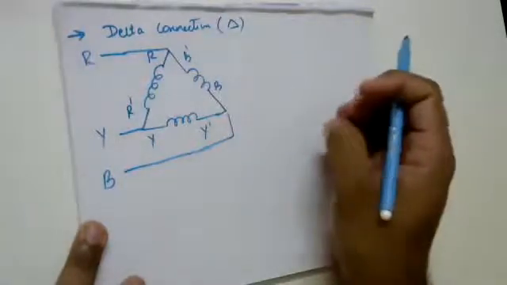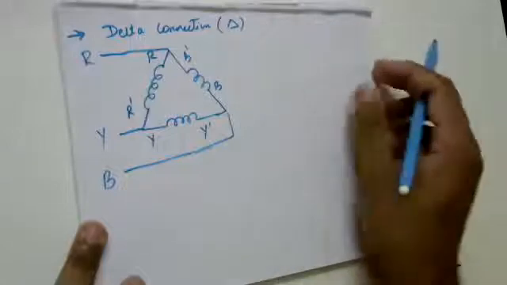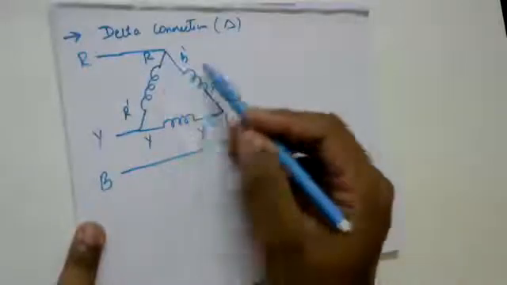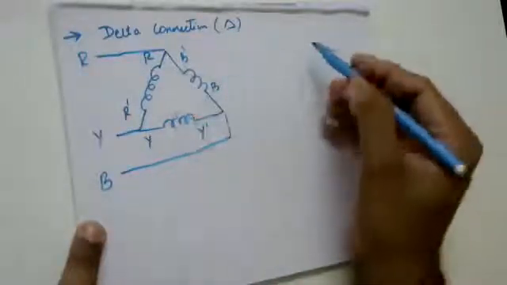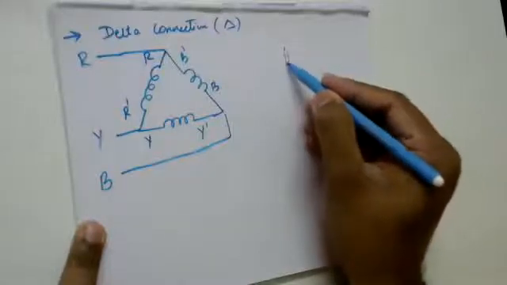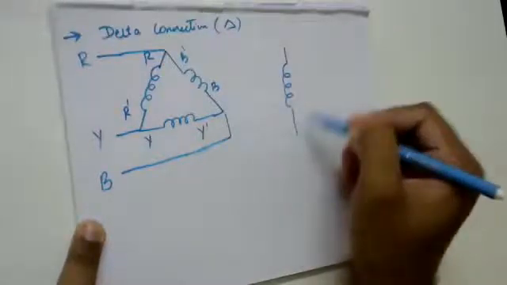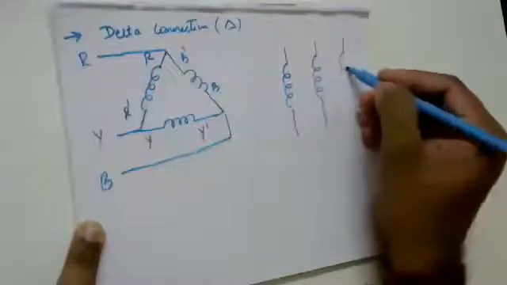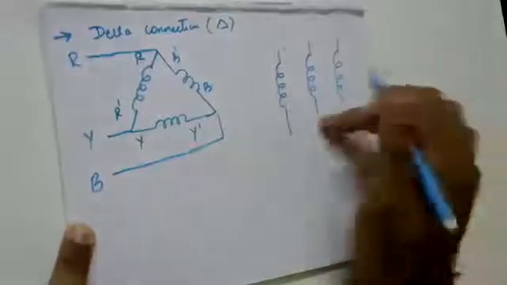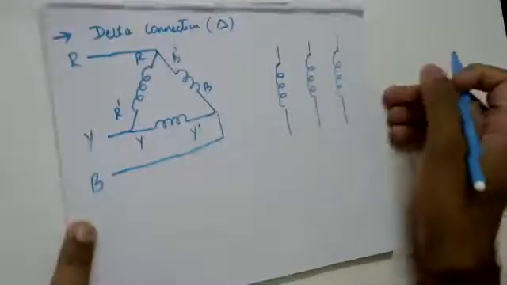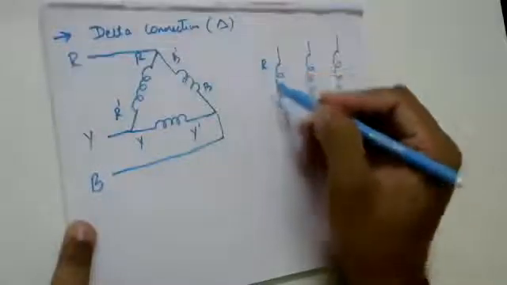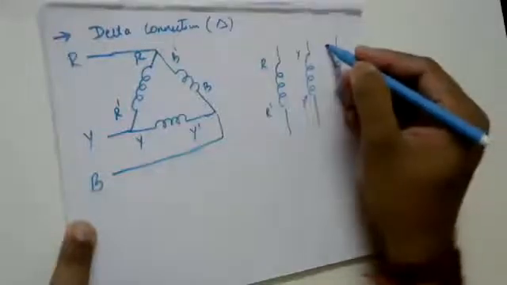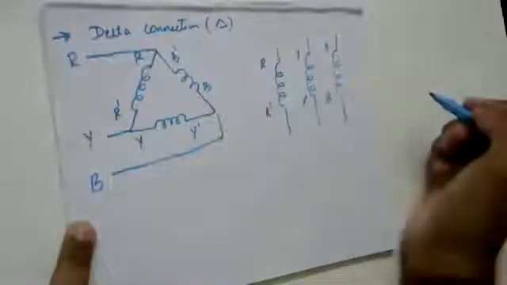Similar such imitation I need to do with respect to the coils, because in your laboratory you will not get this by default as a delta. What we'll be having is three coils separately. This diagram is very important from your laboratory perspective. So these are the end terminals R, R dash, Y, Y dash, B, B dash.